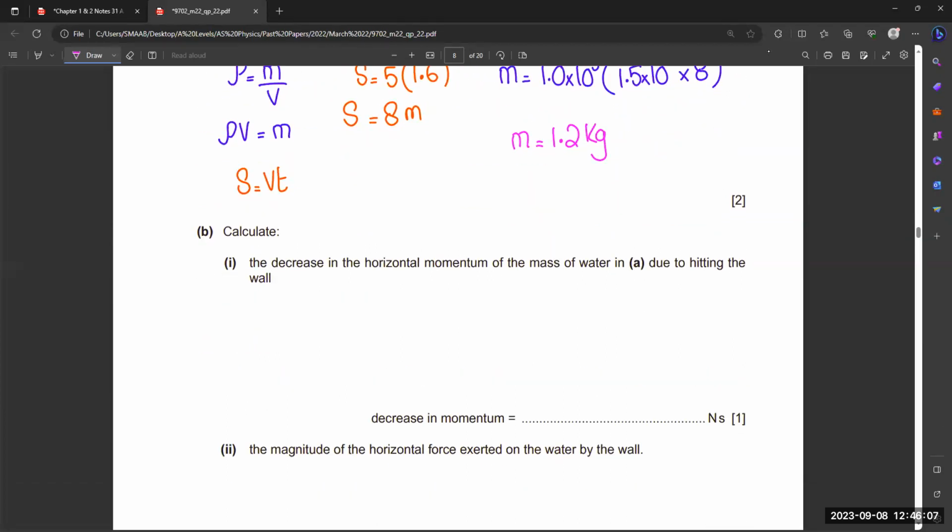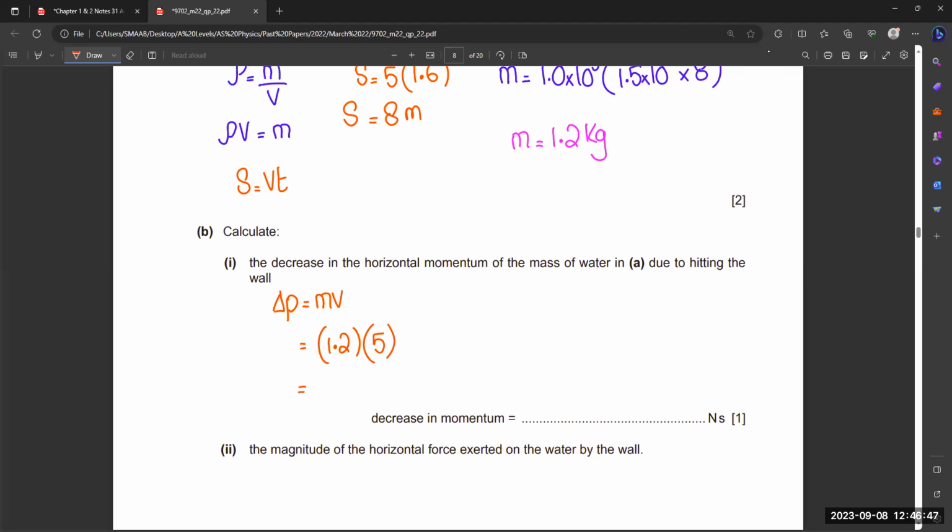And the next question is: calculate the decrease in the horizontal momentum of the mass of the water in part A due to hitting the wall. So we have to find out the decrease in momentum. And you know that the formula for momentum is mv. So in the first part, they gave you the concept of mass, so you already calculated the value of mass. Mass is 1.2, and the speed is 5. So your answer will be,